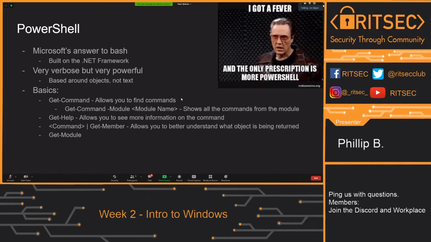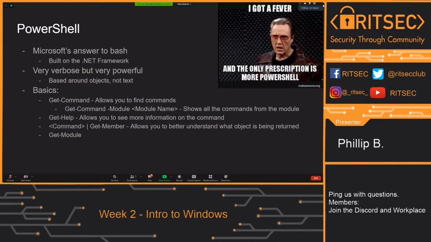Now we're going to get to PowerShell, everyone's favorite thing. Everyone loves PowerShell. I personally don't, but that's just me. I don't like .NET. This is what Microsoft built in answer to Bash being so much better than CMD. It started very awful, it was terrible, but over the years it's become an extremely powerful and useful command line interface language. It's built over .NET and it's extremely powerful. It's based off objects and not just text, so you can do a lot of really powerful things with it, and I'll get to that in a minute.